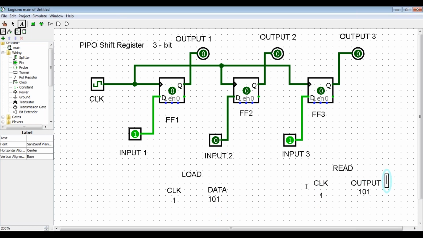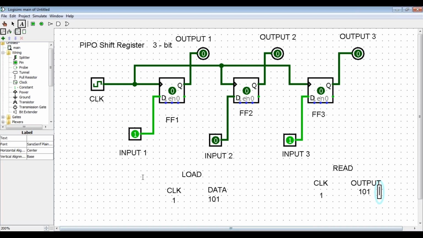To read, no further clock pulse is needed. To load, with the first clock pulse we apply, you can get your output. All the outputs will be present in your output terminals. That is called parallel output. That is the main difference between serial and parallel. In parallel, data is loaded in one clock pulse, and the data also comes to the output in the same clock pulse. But in the serial case, you want to apply them one by one, with a number of clock pulses. For each clock pulse, only one data bit moves in serial.